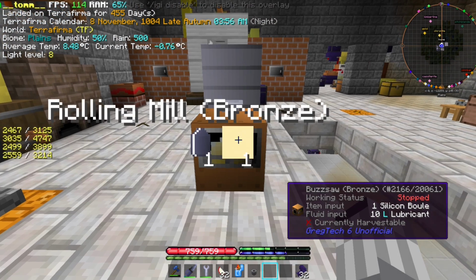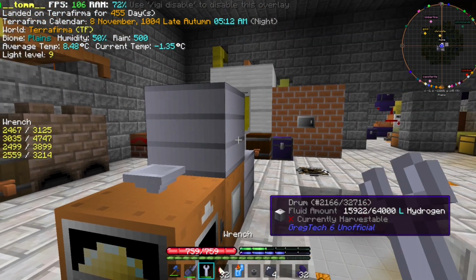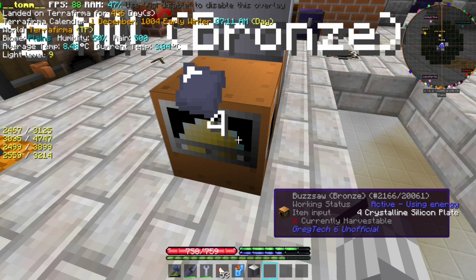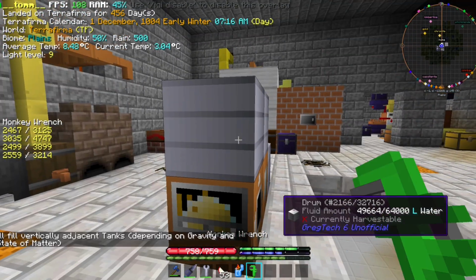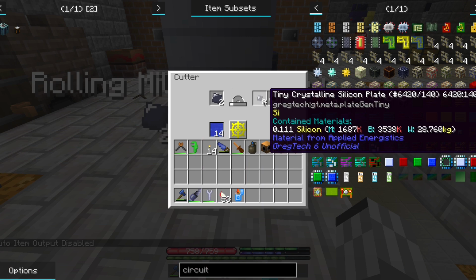We give space for venting to the turbine and we get our crystalline silicon plates. And we shut down the turbine by removing the fuel tank. Then we realize we have to cut the plates again, so we give back the fuel to the turbine. For this crafting, we can use water in place of lubricant. And thus we have obtained some tiny crystalline silicon plates,